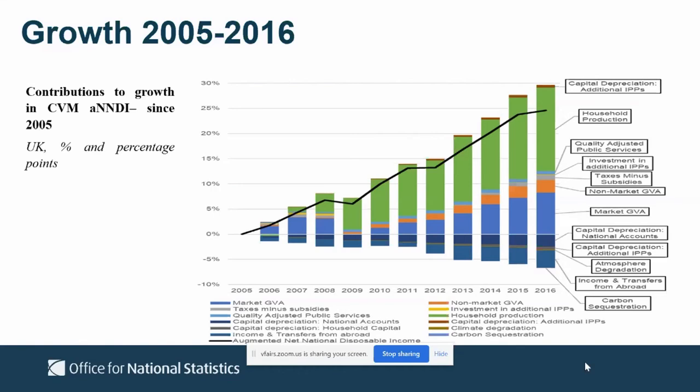The second key point is basically, as Richard Blundell was pointing out in his talk on the morning of the first day of this conference, he was talking about relatively low wage growth. Well, if we look at those market and non-market GVA sectors, the light blue and the orange bars nearest the axis, you can see relatively low growth here in these sectors that deliver salaries. If you are reliant on a wage, particularly if you don't have a university degree, as